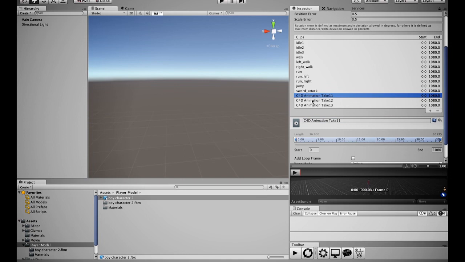And again, you can name these whatever you want. Magic attack 1 and magic attack 2,